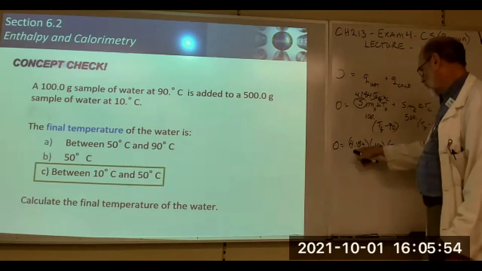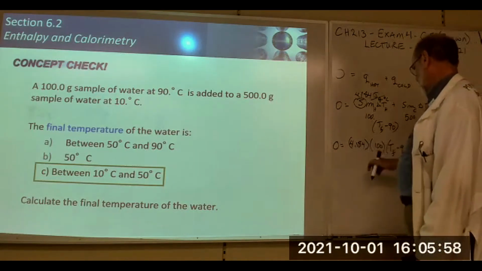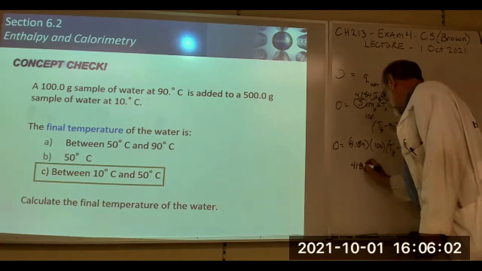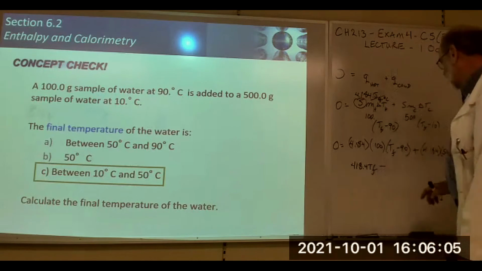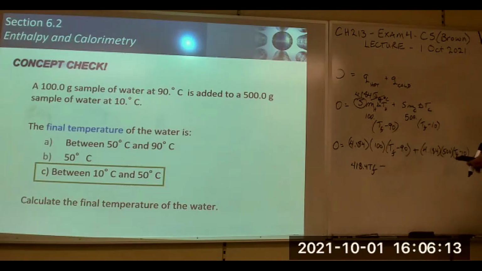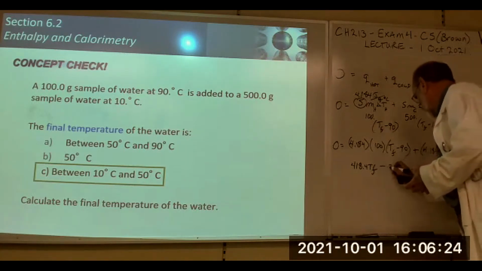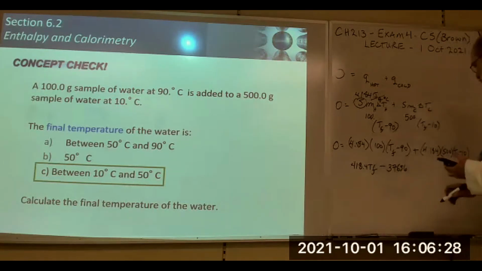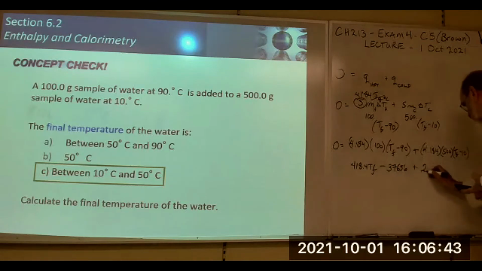So this is going to be 100 times 4.184 times TF, or 418.4 TF, minus 418.4 times 90. Right? That's 37,656. Then we're going to add this one, 500 times that one. I can't do that in my head. Yeah, it's going to be 2,092 TF, and then minus,